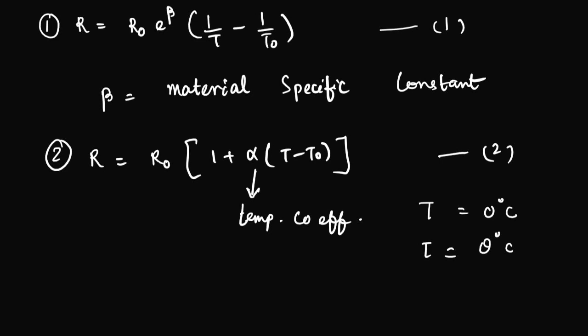These are the usual notations as the second one. The only notation which I have given extra is beta. Beta is the material specific constant. What does that exactly mean? If you are taking a silicon or semiconductor material, the material has a specific constant value which has to be put when you are calculating the resistivity of that particular material. So this equation is important in terms of thermistor.